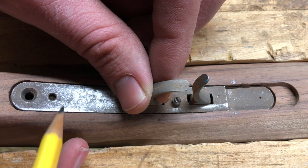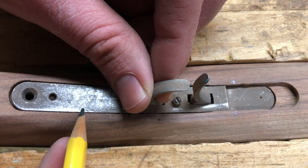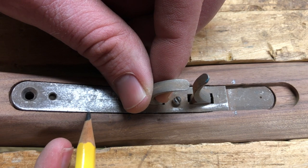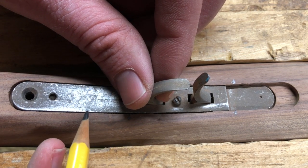Like I said, the pocket is wider, so we'll never be able to get rid of this gap unless, I don't know, I don't think I could put wood putty in a project like this. I think it would just crumble and fall out over time. So I'll look into it. Maybe there's something we can do, but